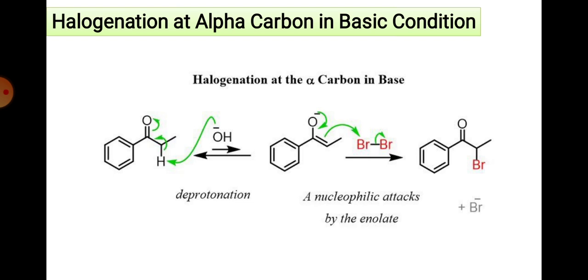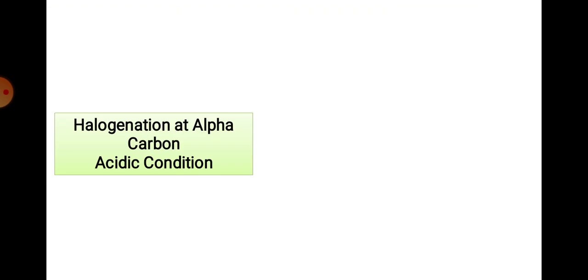Now that carbon, look at the product, at the alpha position there is a Br present now. Look at the reactant, look at the product now. Those alpha positions are quite a bit more acidic than in the reactant. That's why the base again abstracts the protons and does the bromination again and again. That's why in basic medium monobromination is not possible. So this is a limitation of halogenation.